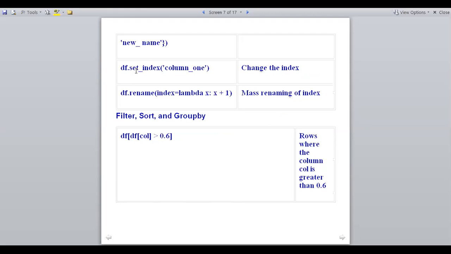And df.index sets the index of the values. And df.rename(index=lambda x: x + 1) is a mass renaming of the index.